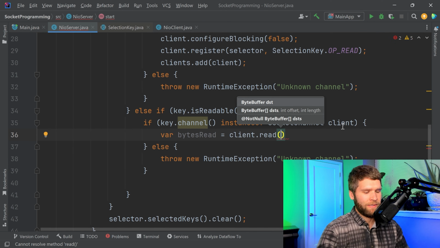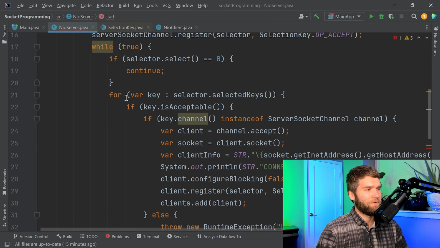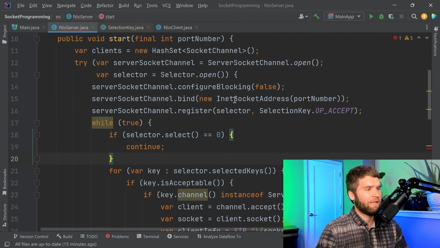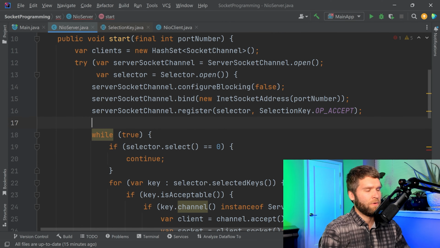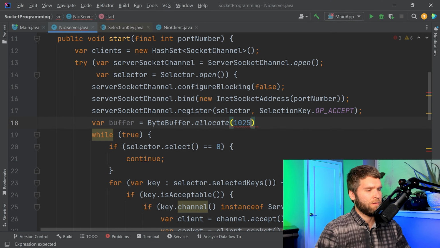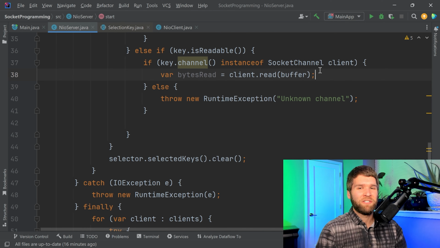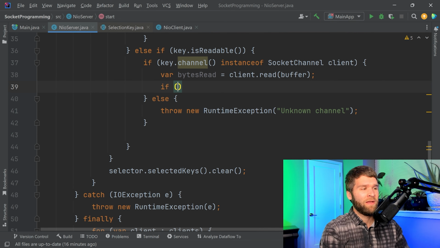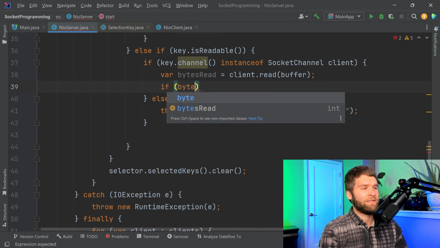Client.read. And now I need to read this into another ByteBuffer. So let's go ahead and define that right here. I'm going to say buffer equals ByteBuffer.allocate, we'll use 1024 again. Okay. Remember how I mentioned that we could get a read key triggered if we have no data to read from? That would be indicated by bytes read